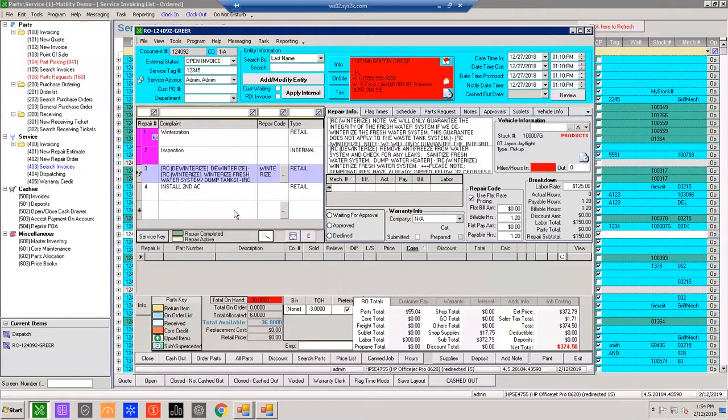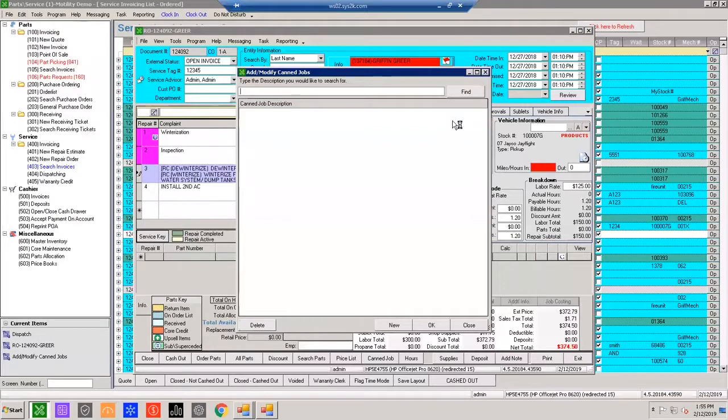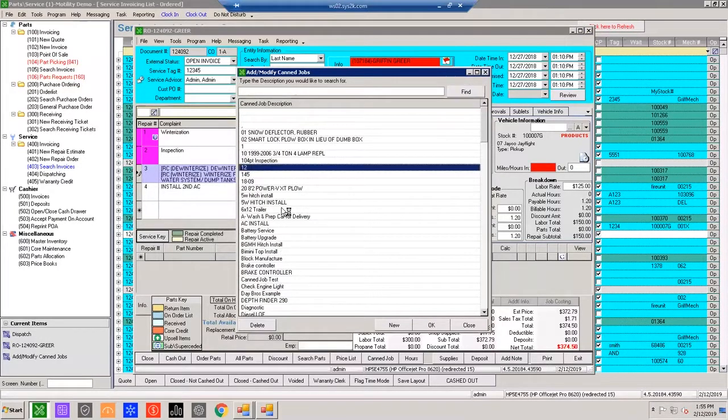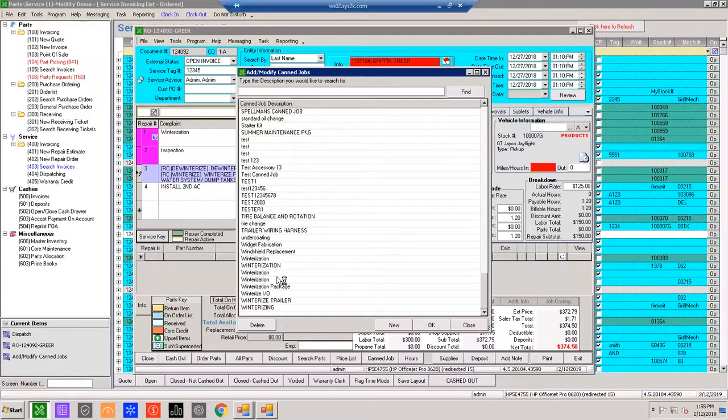Now, let's say I wanted to create a CAN job doing something similar. In the edit menu, I come down here to CAN jobs. If you search up the existing ones, I can modify what's already there. Let's find a winterized CAN job, and then I'll add the repair code to it so you can see kind of the full picture. So if I click on winterization here,